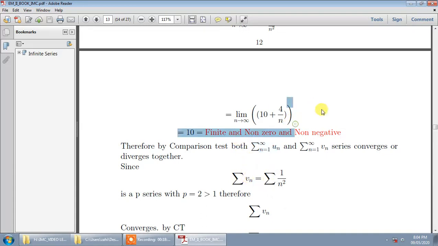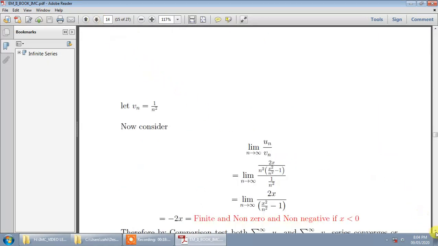So I think I have solved this problem in two ways, by the p series and by the comparison test. I am getting the same result, that this series converges. Okay, now